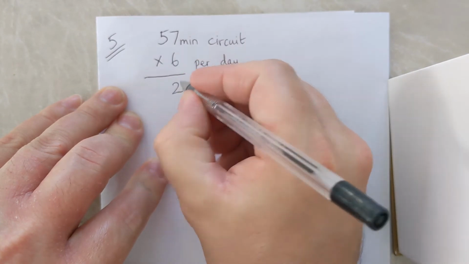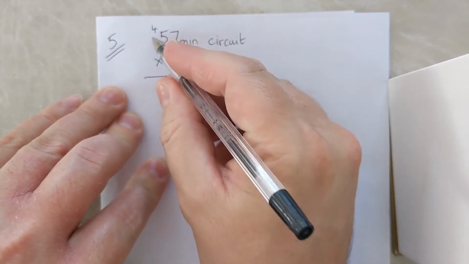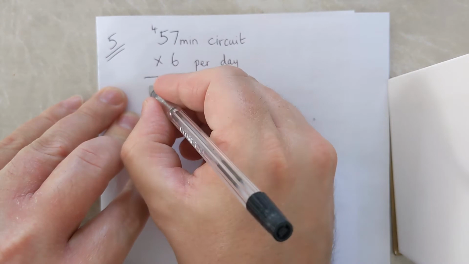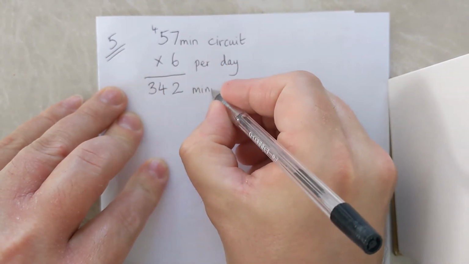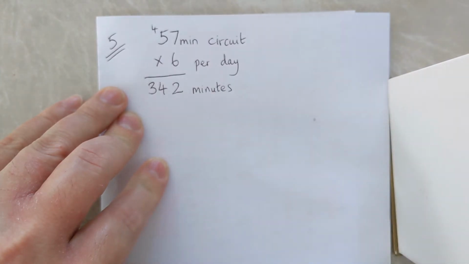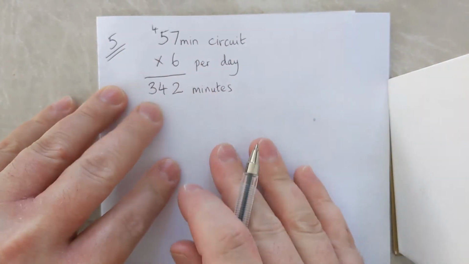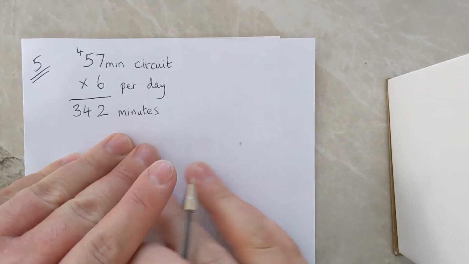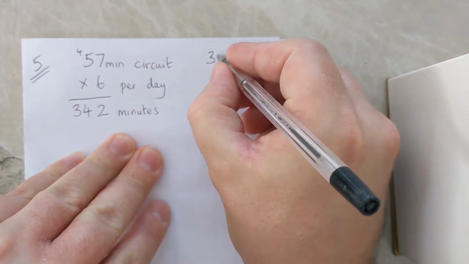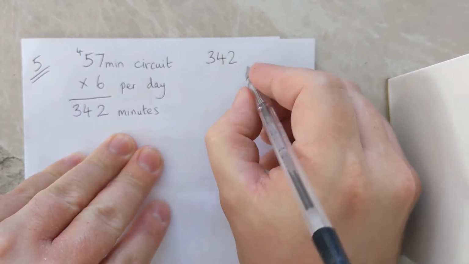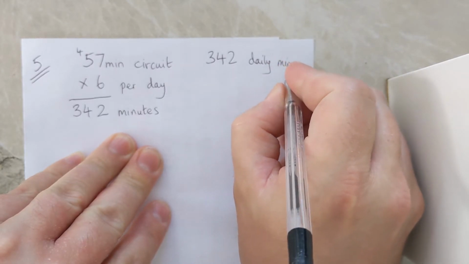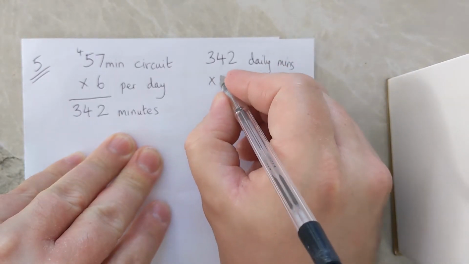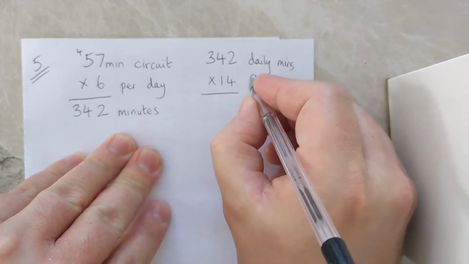6 sevens are 42. 6 fives are 30 plus that 4 makes 34. So in a day it's spending 342 minutes going around and around. But we're told that we have to find out how many in a fortnight. So there's our 342 daily minutes times the 14 days in the fortnight,